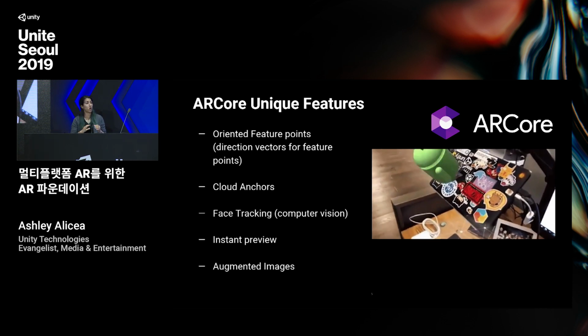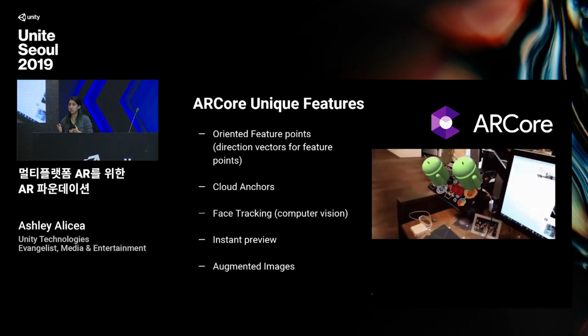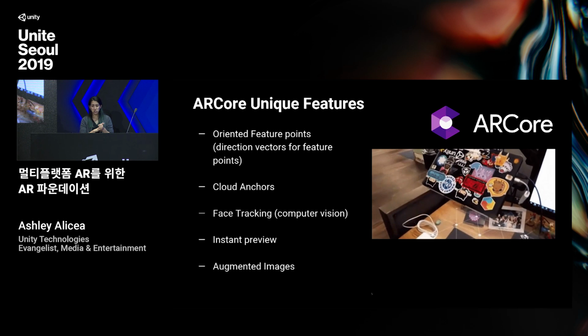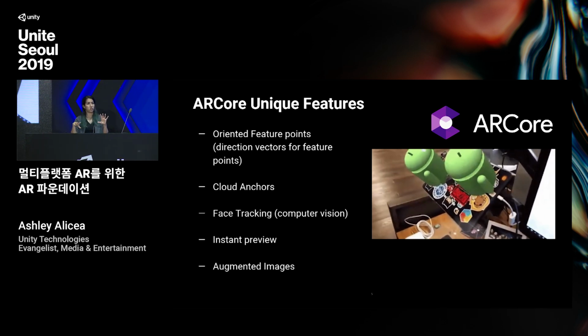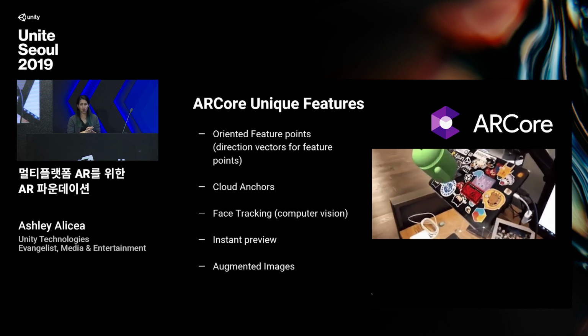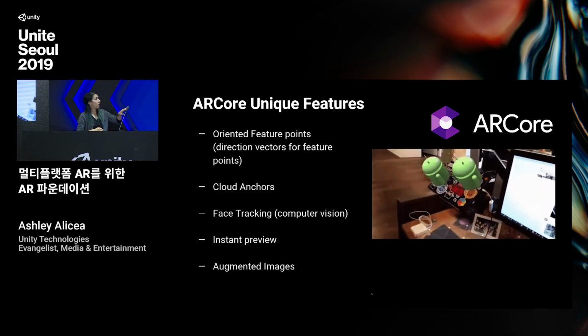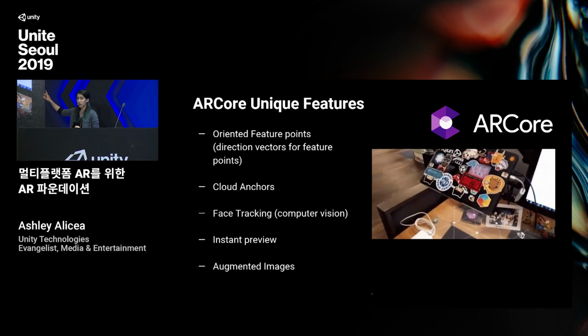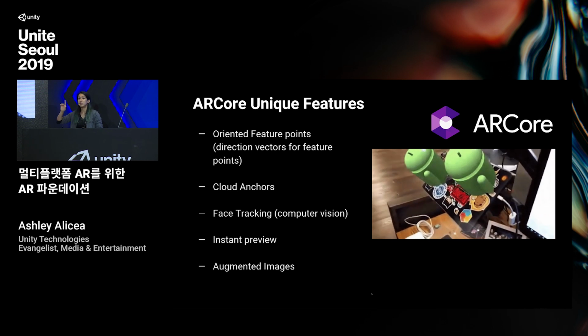Now, AR Core has a couple of unique features, and that includes oriented feature points. These are unique elements used for tracking that help you get a normal off a directional vector when you're doing AR. So for example, in this GIF that I have here, we're placing the little Android characters on the laptop, but the laptop isn't a plane. So normally you're doing plane detection,